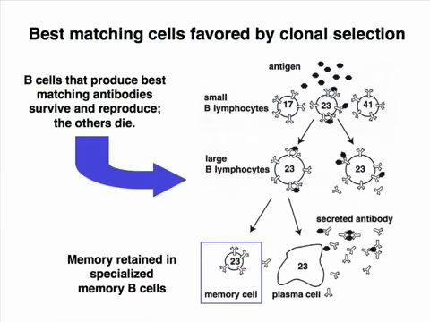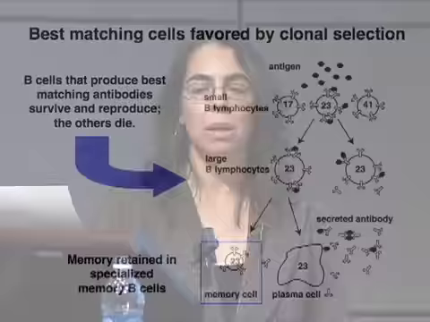In this case, the immune system is picking those cells that are a good match to our pathogens to be the cells that go on to survive and reproduce, and the other cells that are not a good match to the pathogens, or cells that may perhaps be matching some of the features in our own cells, are eliminated from the system. At the end, we just end up with a population of B cells, in response to a particular infection, that are a good match to a particular pathogen. These cells are going to produce very highly specific antibodies that help us fight that infection.